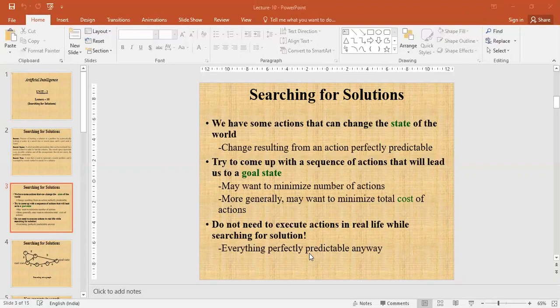More generally, we may want to minimize the total cost of actions. So we should try to minimize the number of actions in respect of time, that is cost. We do not need to execute actions in real life while searching for a solution. Everything is perfectly predictable anyway.